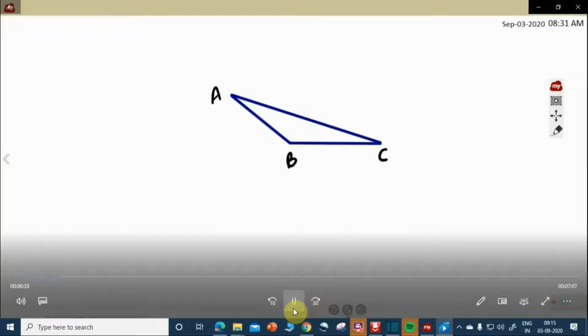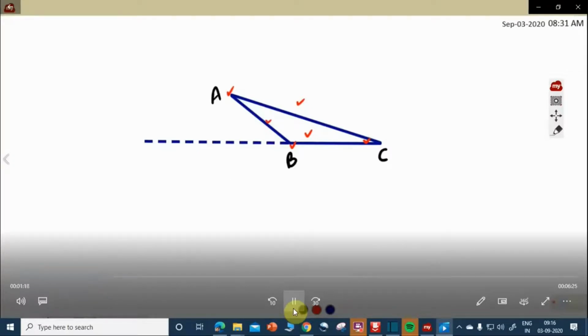And now we have to draw the altitude of each side like AB, BC and AC. So for that purpose we need to extend BC because the altitude will be outside the triangle area now. This is the extension of BC so that we can draw an altitude to the opposite vertex. Always the altitude is drawn from the side to the opposite vertex, you know. As far as BC is concerned, the opposite vertex is A, and for AC it is B, and in the case of AB, the opposite vertex is C. So we have to draw the altitude accordingly.